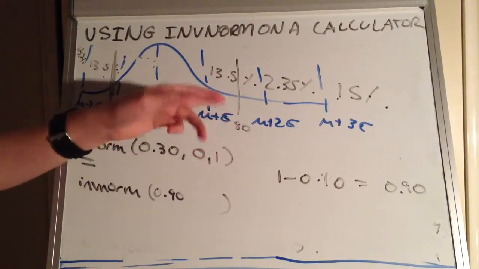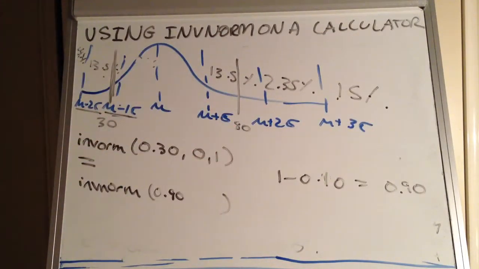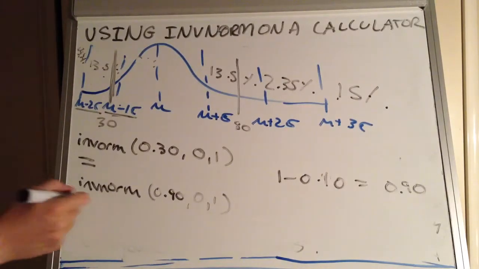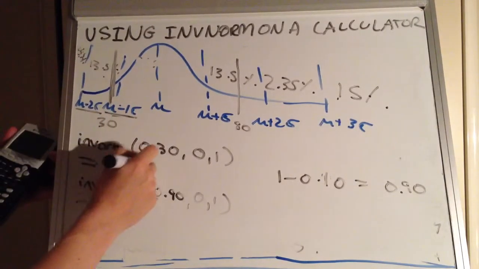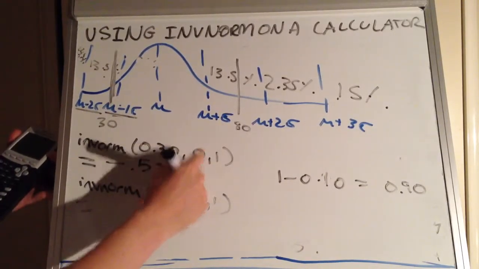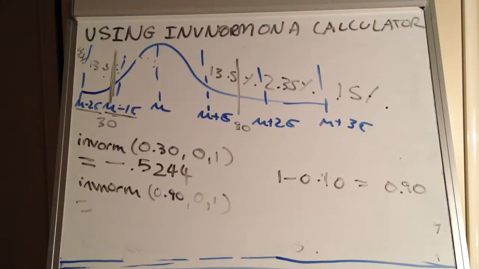The area under 80 marks would be 0.90, given that the area under a curve is 1. And we standardize it, mu 0, sigma 1. And then we calculate both these results on our calculator. What we do is we go second function, distribute, then we go to inverse norm, and we go to area of 0.30. Mu 0, sigma 1, press enter, and we get a z-score of negative 0.5244. And then we repeat the process, but this time we do it for an inv norm of 0.90, and we get